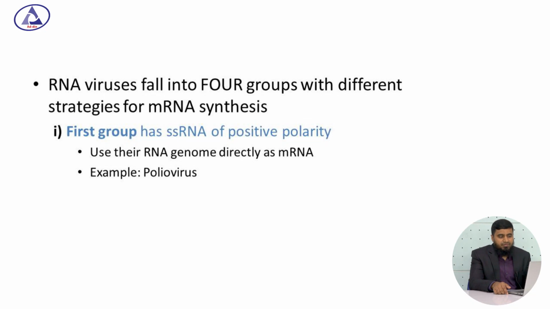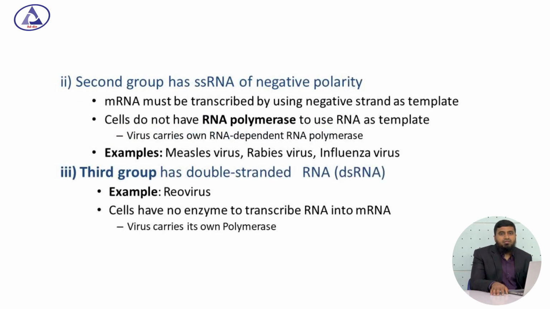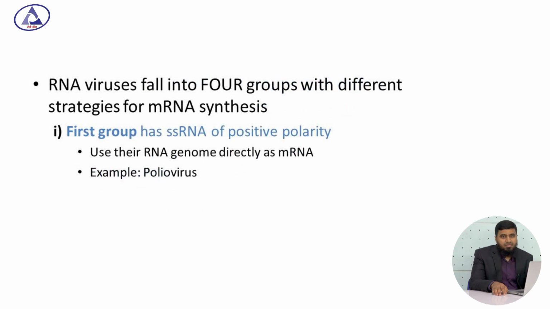In case of RNA virus, there are some differences among the RNA virus groups. We can classify them into four categories: some RNA viruses have single strand positive polarity, some have single strand negative polarity, and one family has a double-stranded RNA genome. This variation also causes differences in the replication of these virus families. Consider the first group, which contains single-stranded RNA genome